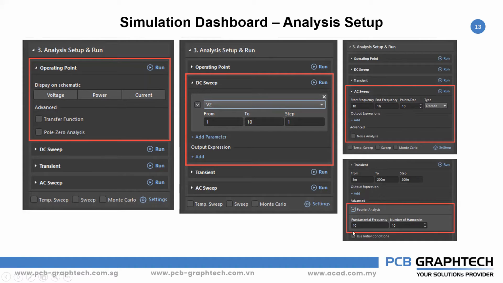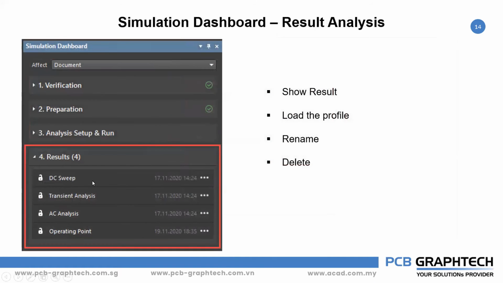Then followed by, you can also set your AC analysis. Okay, AC sweep analysis, we can do that. So AC sweep analysis with respect to the frequency, you can set it off and then we can run it. Okay, so we will see in the demo, I will show you. Then finally the results. So results, we can log your results.